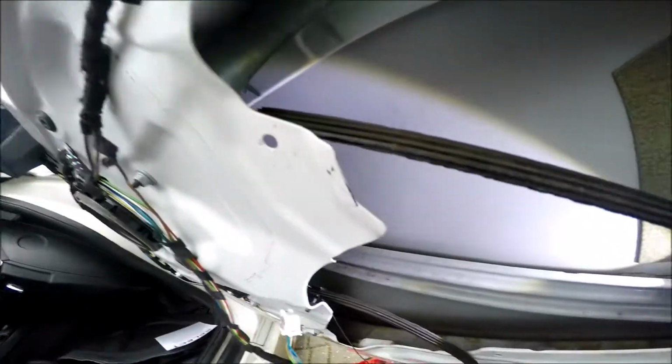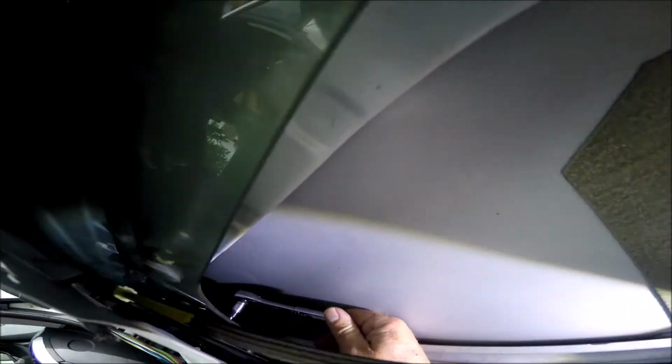Right, the other one's a bit more of a struggle, so what I've had to do is put an Allen drive on the wrench, and it fits in. As you can see, there's a little Allen key slot there, and because I can't get them with the pipe grips at all, I've had to move the window up and down to get a bit more movement. I got it located in there, so we're going to try and put my hand through the back if I can to support it,